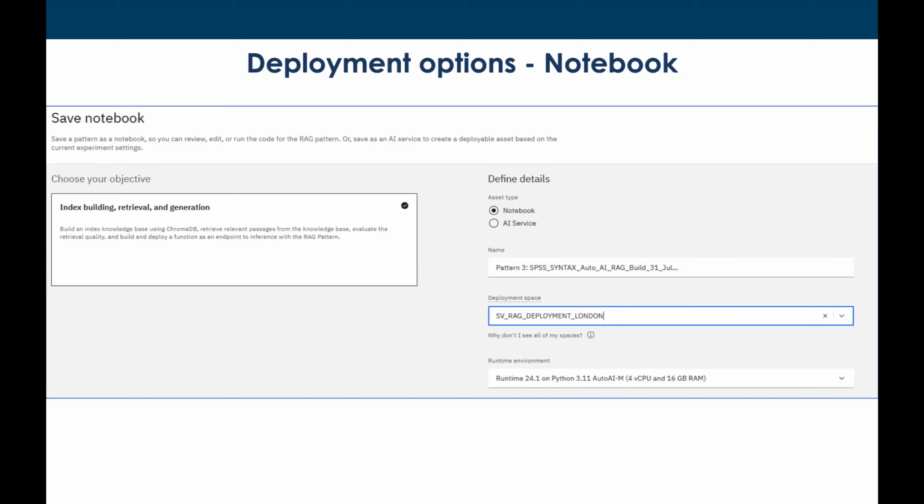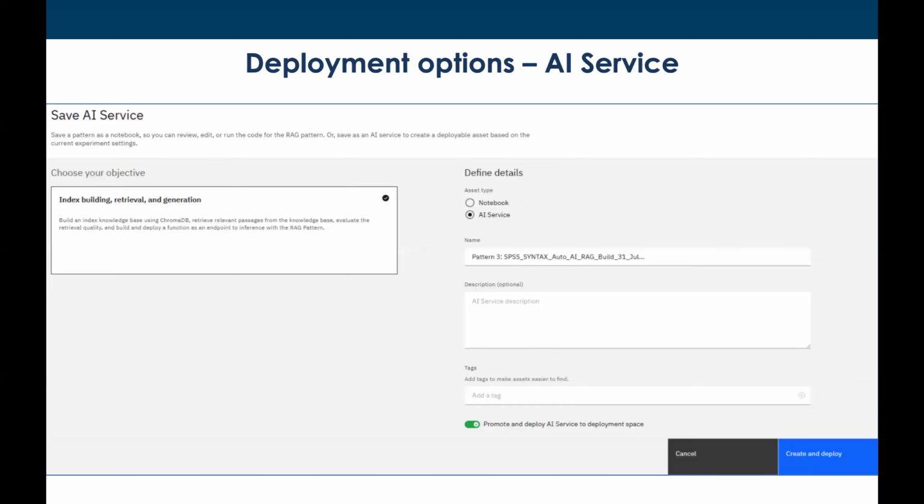The option that we've used with ChatSPSS, Giles, if you just click the next slide, please, is to go for the AI service route. So the difference with the AI service is it's still fundamentally Python code, but it is a service that still sits inside the IBM cloud and just waits. It's a service that waits to be called, waits to be used.